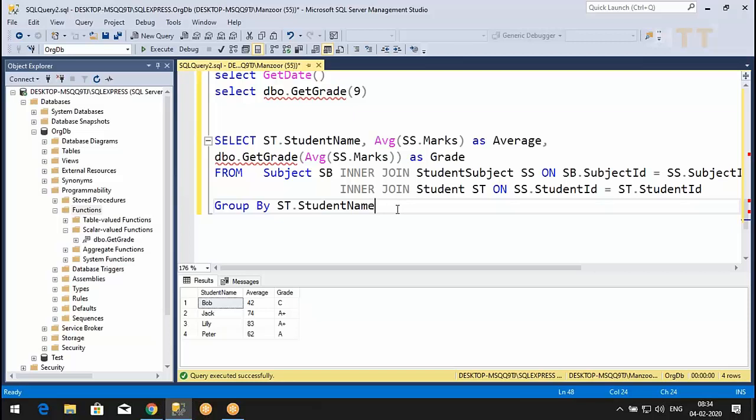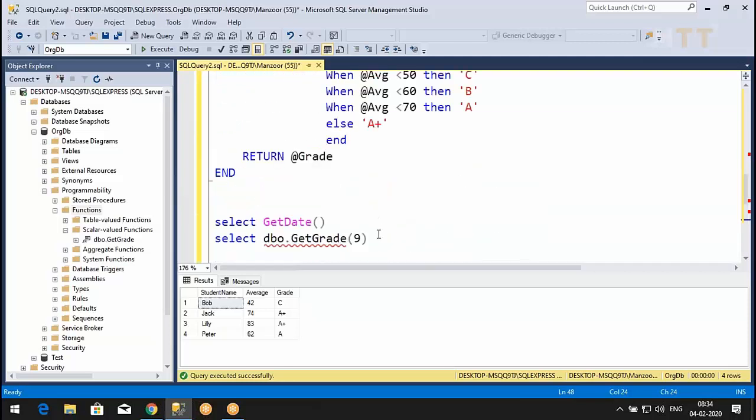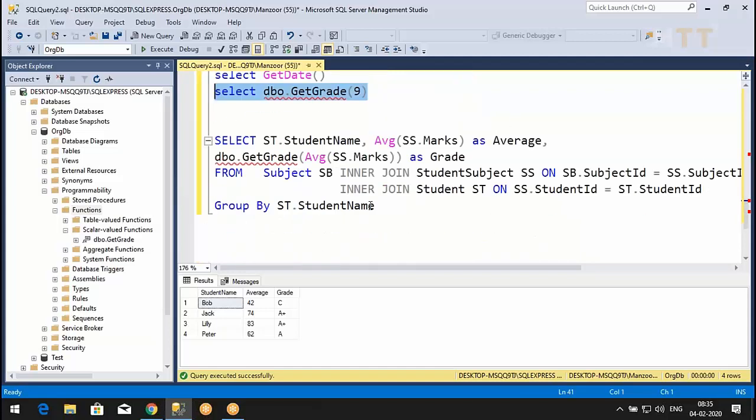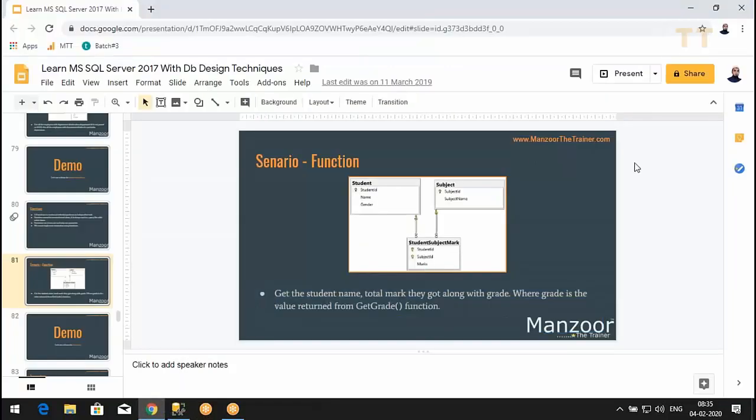It is this function, you can see it is not at all related to any query. Wherever you have criteria for showing grade, you can go for writing function. So this is user defined function. Is this clear? But we hardly write functions. Whenever we have some kind of very serious requirement, we write functions. Otherwise, we normally write stored procedures.